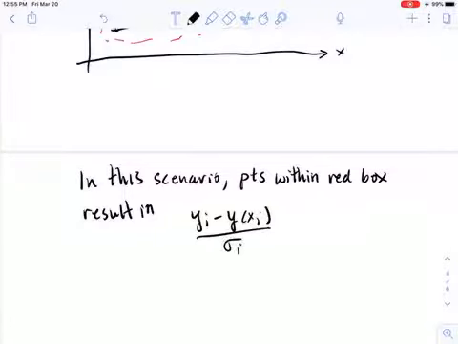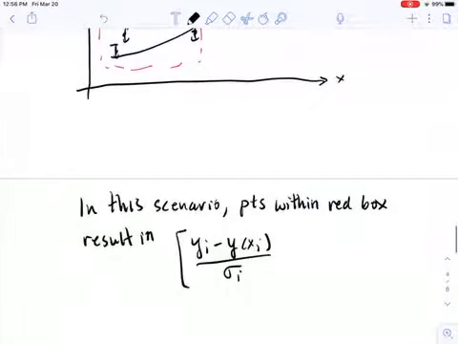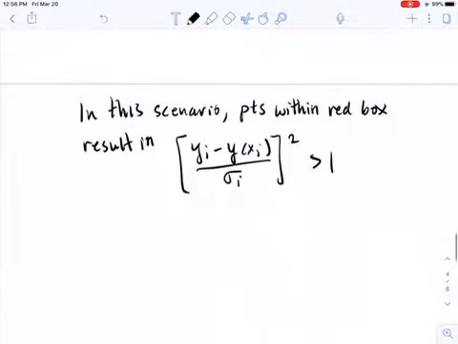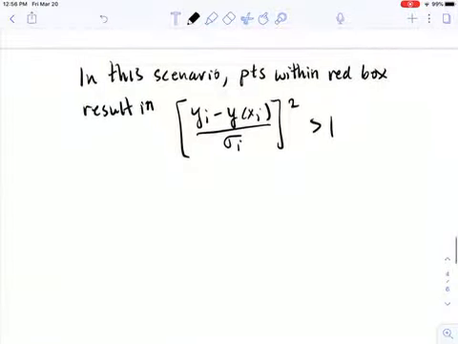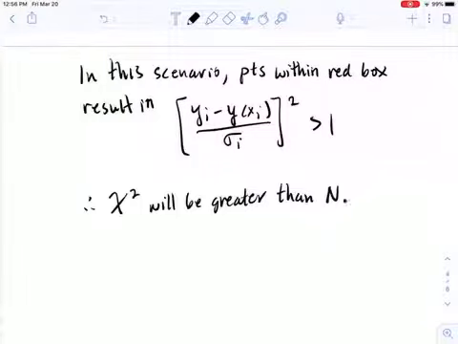They're bigger than the sigma i error bars, and so when you evaluate this quantity, you'll get something that's bigger than 1 for all of the points, well, the majority of the points in the red box. And so therefore, when you add up all of the deviations to calculate chi-squared, you're going to get some from the red box that are bigger than 1, and your overall chi-squared will be greater than n, the number of